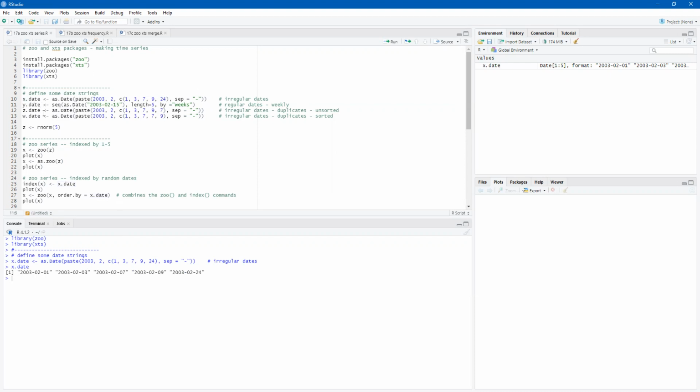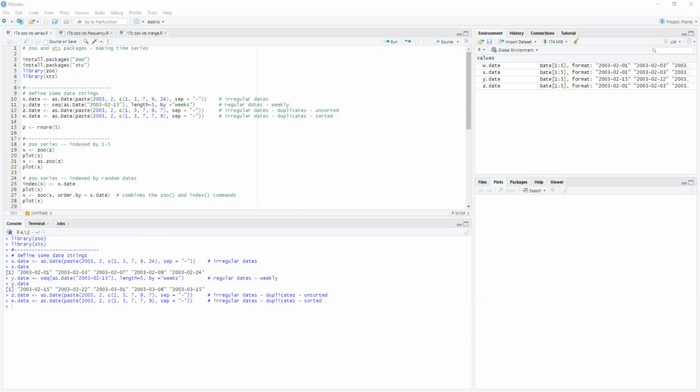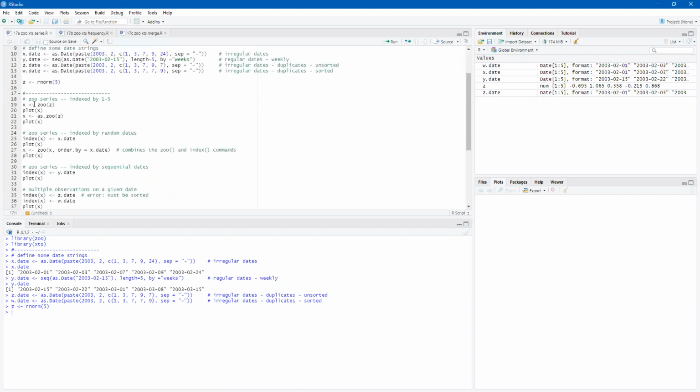Okay, and we can set up ones that are equally spaced, once every week, starting on the 15th. And then we have Z and W as well. So since we have 5 observations, we're going to set up a variable which is 5 observations long, so it's easier to look at. Now we can turn this into a zoo object just by defining it as X as